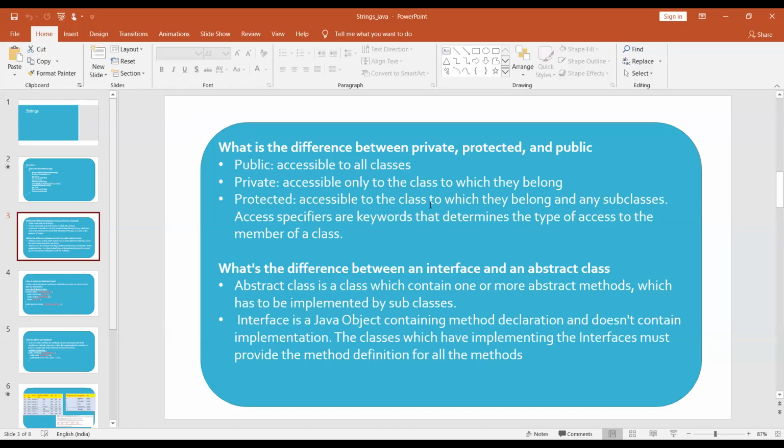Protected means it is accessible to any subclass of the class. If we declare subclasses of that class, they can access it too. These are the differences between public, private and protected.